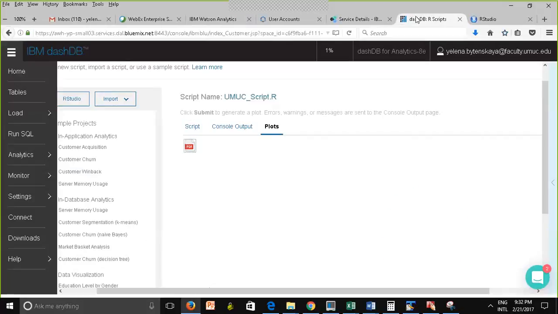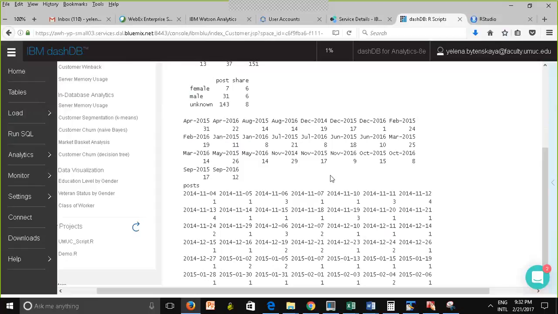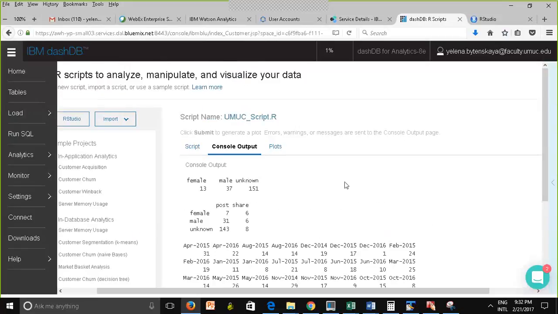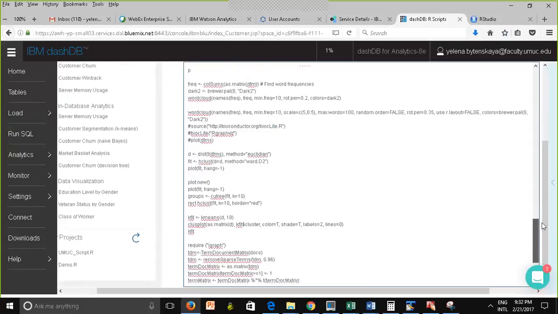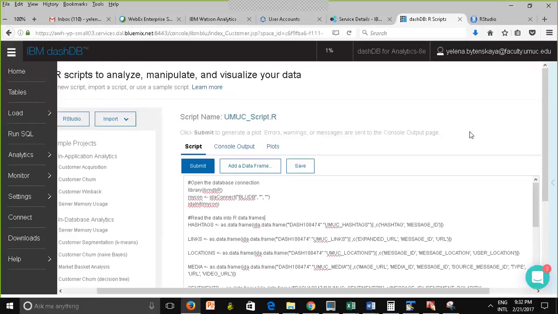All right? Also, if you're getting an error message, it's going to be displayed in the console output. So you want to make sure to get the full error message and see if the script that you're running is the latest, and remember that R is case sensitive. A lot of considerations here, right? I'm sure that you have questions as you start working on it.